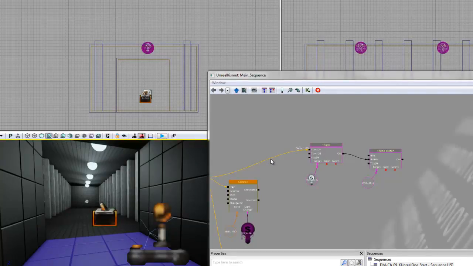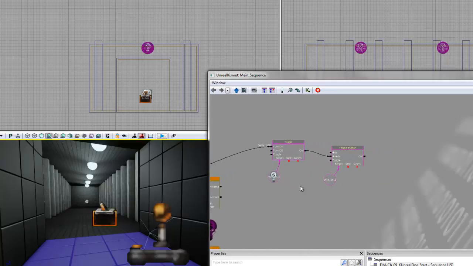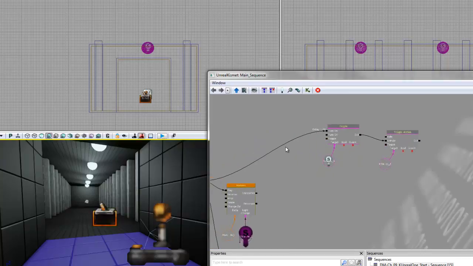Next, I would like to turn the other lights and meshes on in 1 second intervals. One way to do this is that I can copy and paste these toggle and toggle hiddens, connect them to a different light and a different mesh, and then set their delays up. One simple way to put these things on top of each other and connect them is to use something that's called a switch. So what I want to do is copy